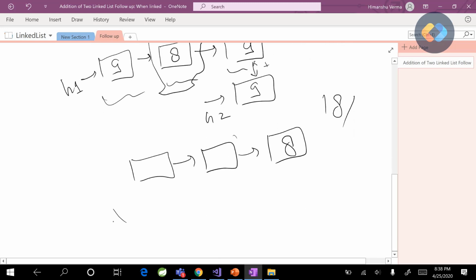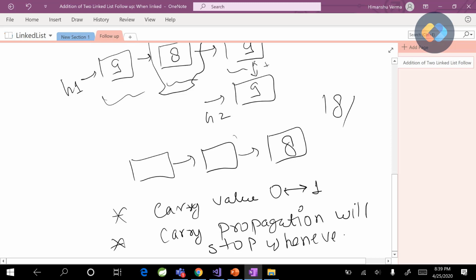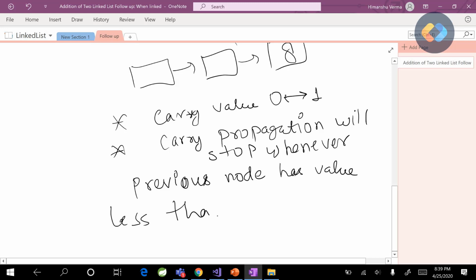So there were two conditions that we have got. One is carry value will be between 0 and 1 always, and the other one is carry propagation will stop whenever the previous node has a value less than 9.